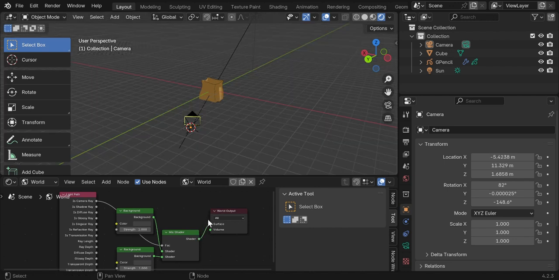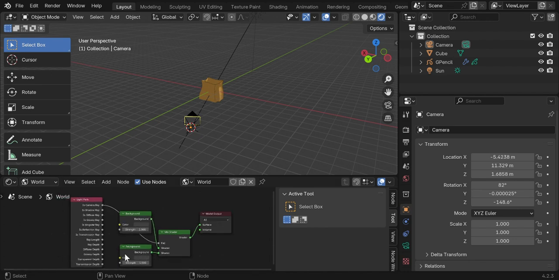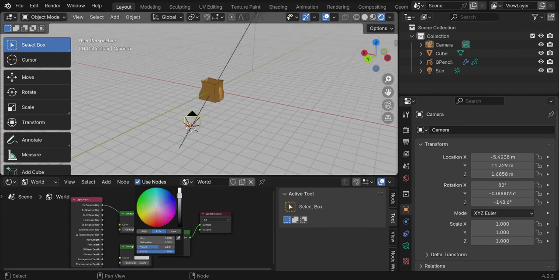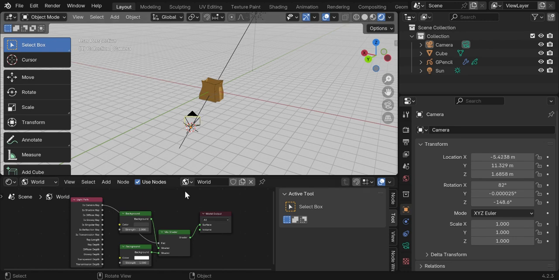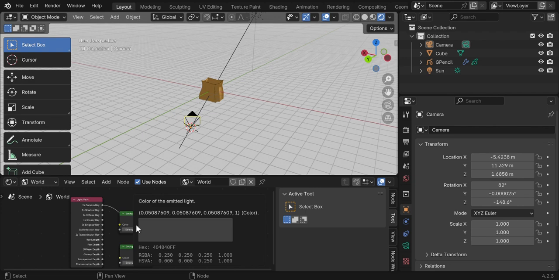So what we're going to do now, we want to add the color for here. This controls the environment color. So let's increase this. Let's put it to white. You can see how everywhere is white. Now we want to actually add the